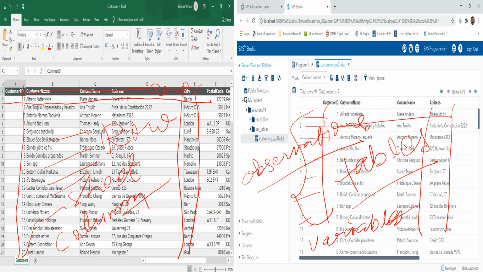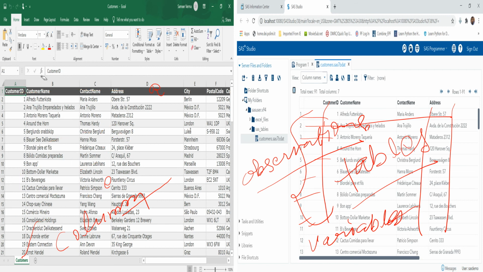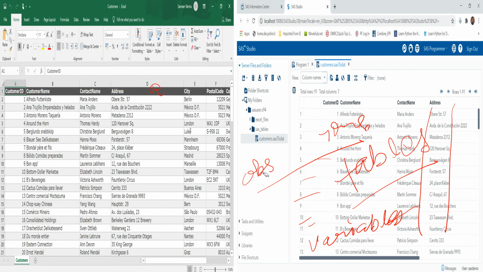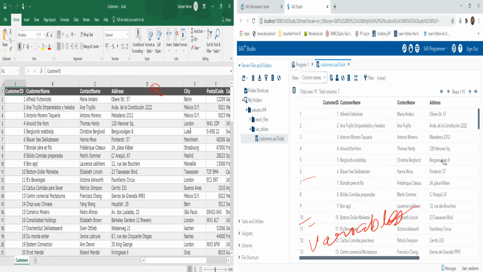Now when it comes to locations, in Excel you save files in folders, and in SAS you save things in libraries. How a library comes into the picture and how it is created, I will explain in subsequent videos.